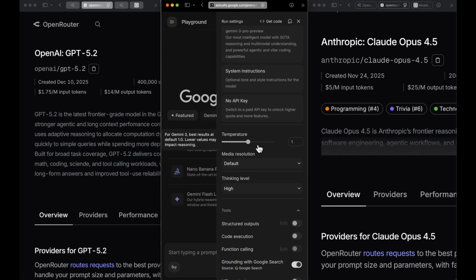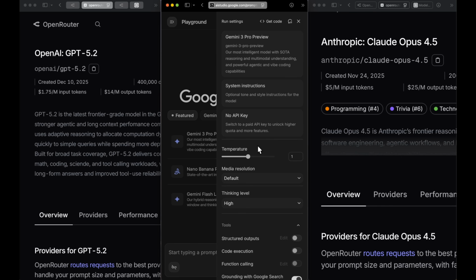So, how good is it? In this video, we are going to find out just that. We'll be comparing GPT 5.2, which is towards my extreme left, Gemini 3 Pro preview, that is towards the center, and Opus 4.5, that is towards the right. Let's have some fun with these models and try some coding stuff, simulation stuff, Python stuff, and see how these